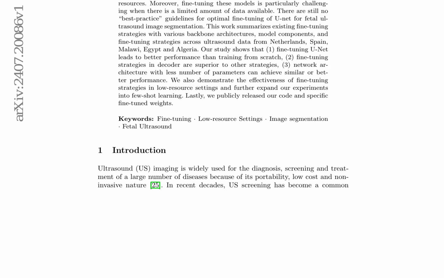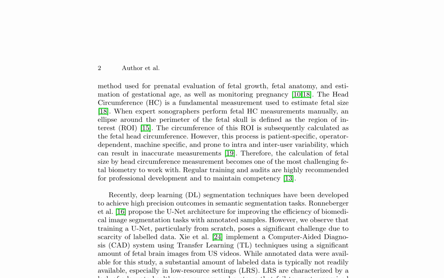The authors highlight the importance of accurate measurement of fetal head circumference during prenatal screening, which is crucial for estimating fetal growth. They note that deep learning techniques have shown significant progress in segmenting the fetal head using encoder-decoder models like UNet. However, training such models can be time-consuming and demands substantial computational resources, making fine-tuning challenging, especially in low-resource